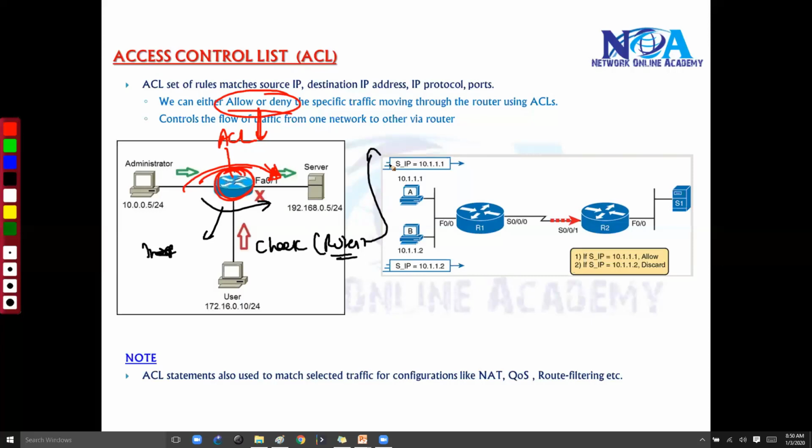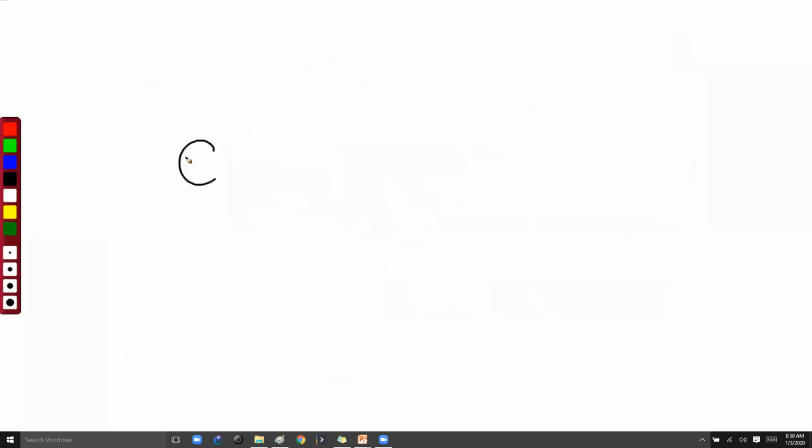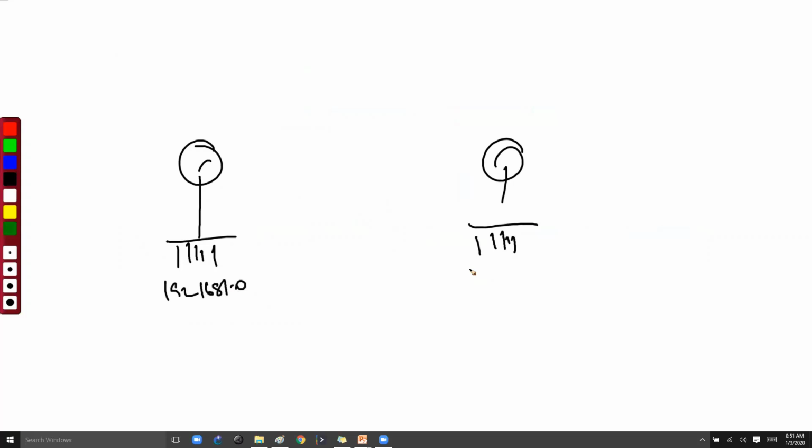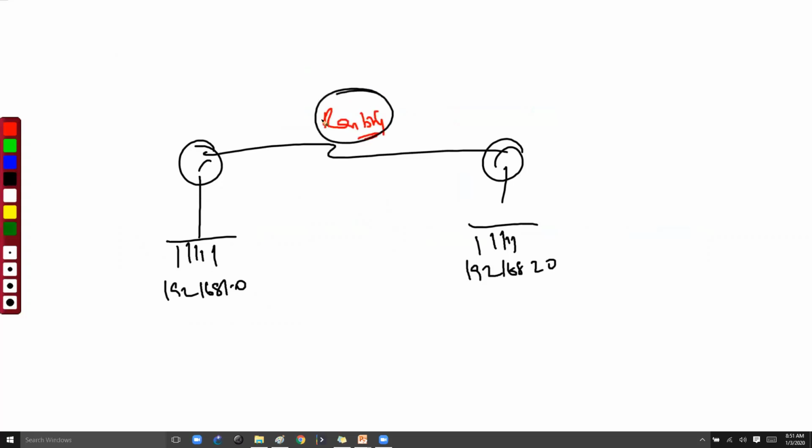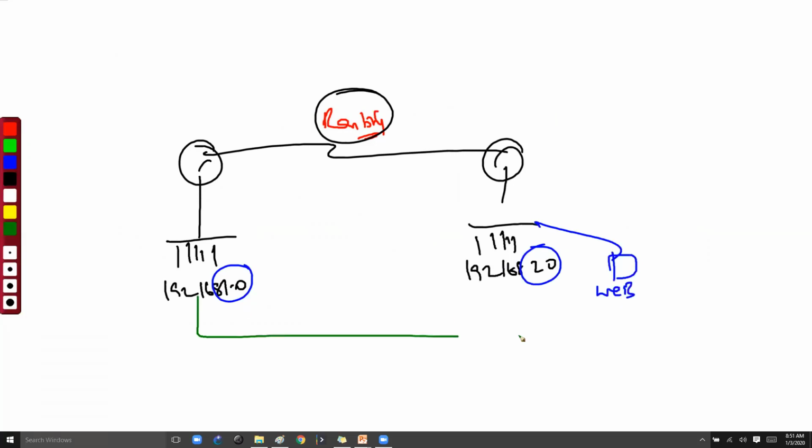Just like if you remember in the previous sections, in the routing concepts, we enabled the routing. We said that okay, the 192.168.1.0 subnet can communicate with the 192.168.2.0 network. We assigned some IPs and we configured the routing. Now once you enable the routing, the users of the 1. network and the 2. network are communicating, but let's say there is a web server here and I want to restrict these particular users from accessing this web server. I want to restrict that.